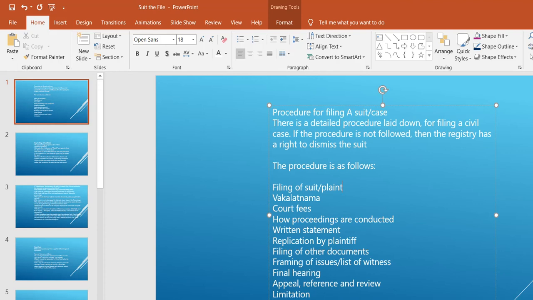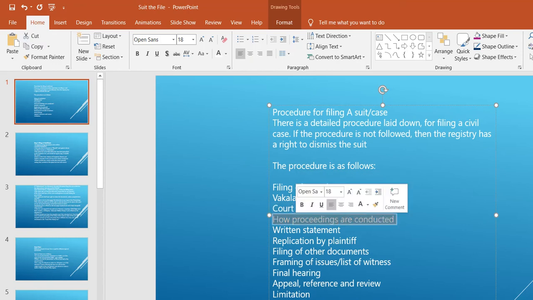The second step is the Wakalatnama, and the third is court fees, which is the nominal court fee applicable to a particular district court or high court.